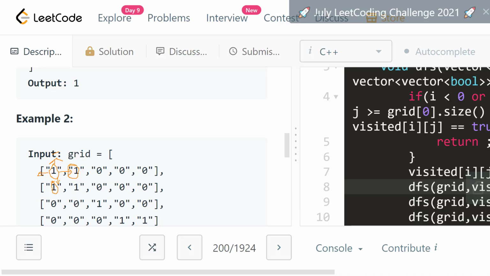These nodes will be marked as true, which is visited. Once it reaches here, from this node recursive DFS calls would be made to this side, bottom, and top is over, so we do not consider it again.